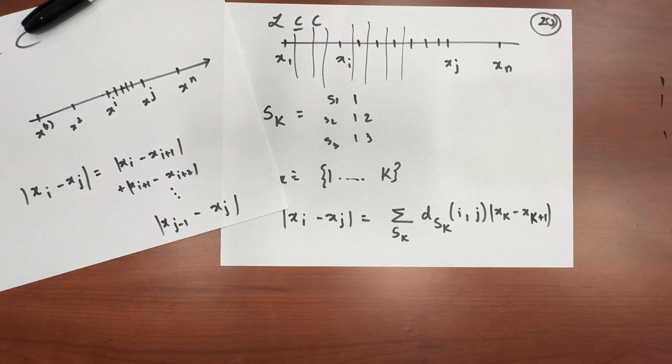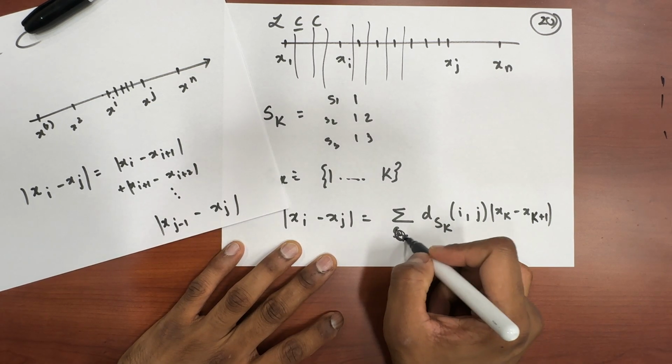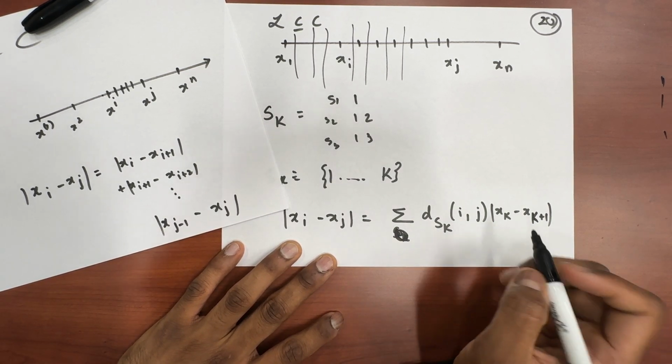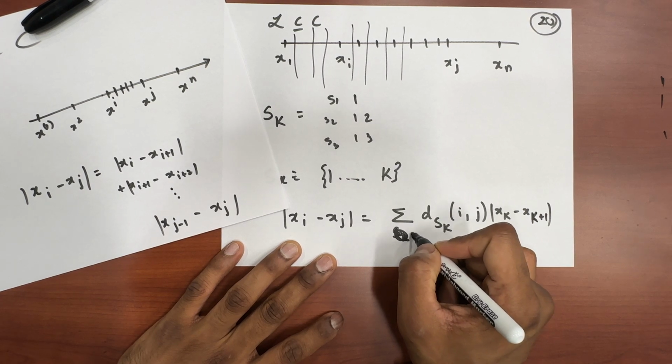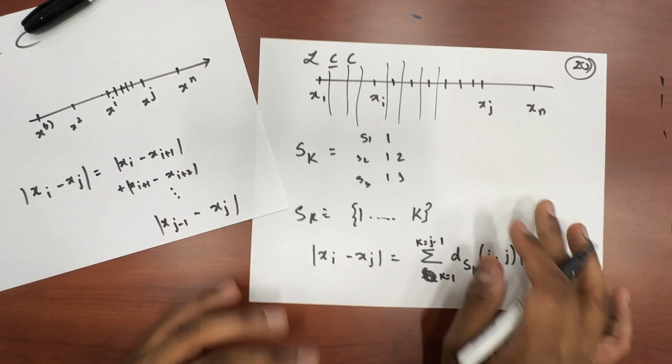Is this right? No, actually, instead of summing over all S_k, it should go from k equals i to k equals j minus 1. Essentially what we are saying is